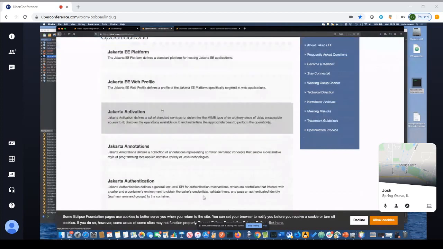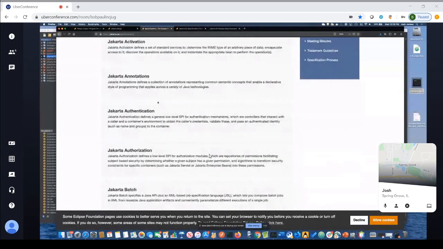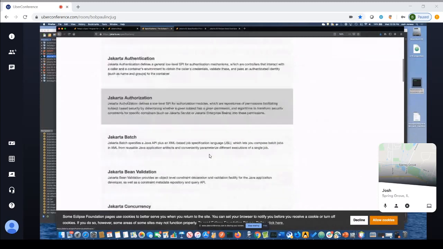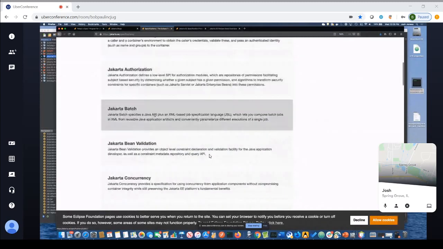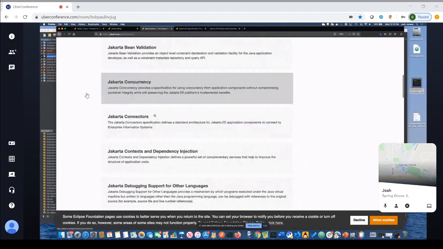Then there's activation, which defines a set of standard services to determine the MIME type of an arbitrary piece of data, encapsulate access to it, or discover operations available on it. There's annotations, the authentication specification, authorization, Jakarta Batch, bean validation, concurrency, connectors, context and dependency injection, or CDI, debugging